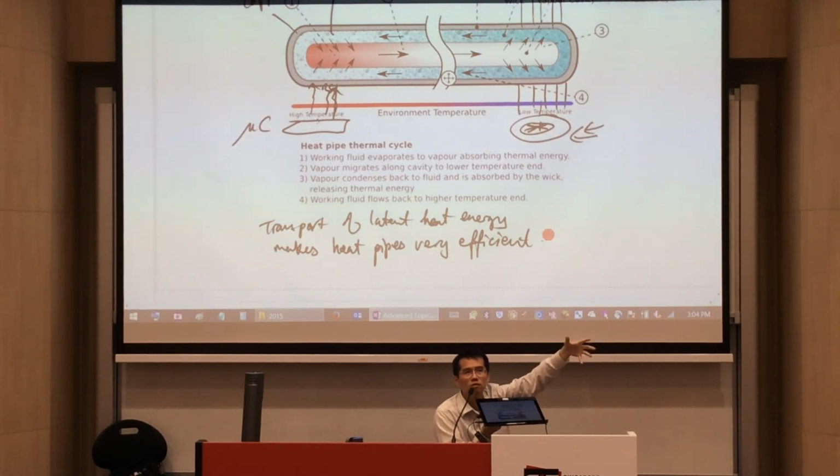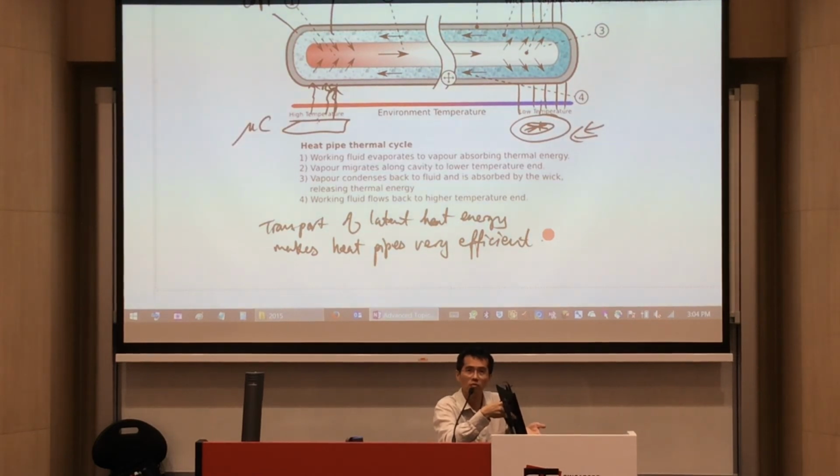What is the action that's happening over there? I don't have a pump to pump it back. All this is closed up now. It's a sealed system. So how do you think this liquid could flow back,